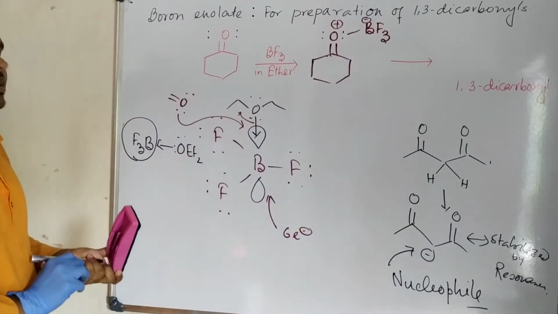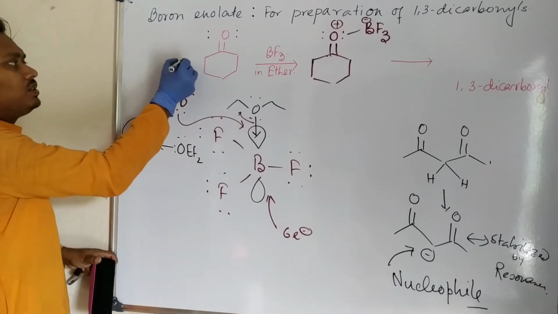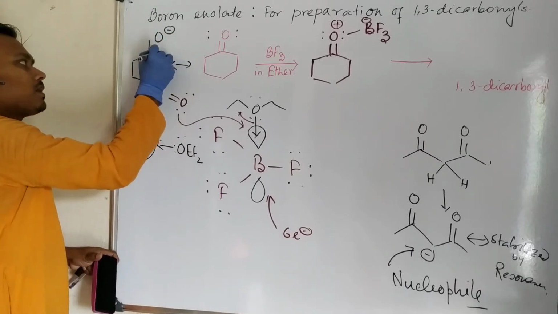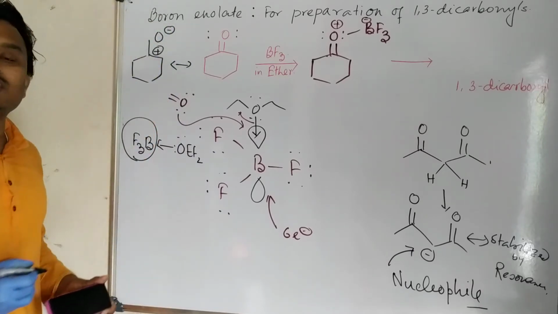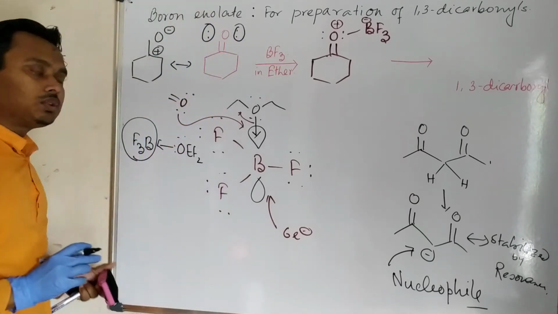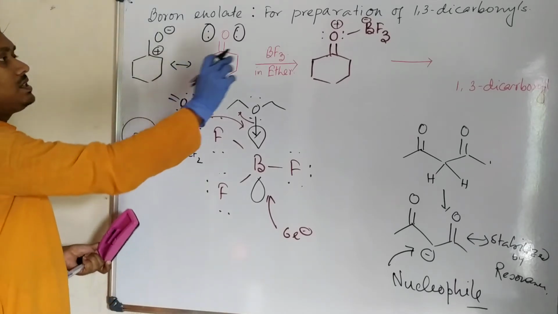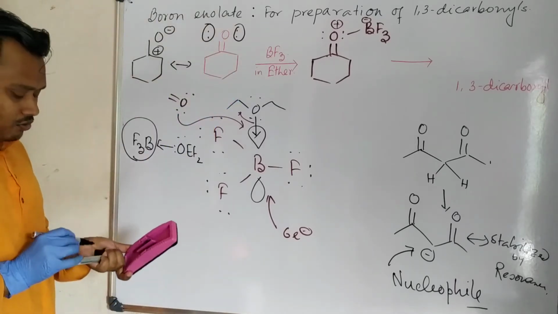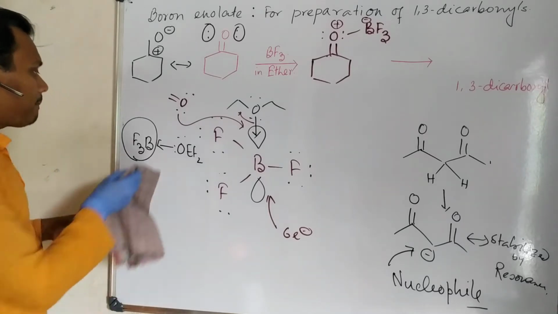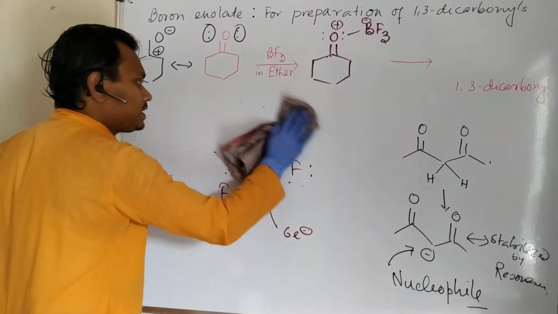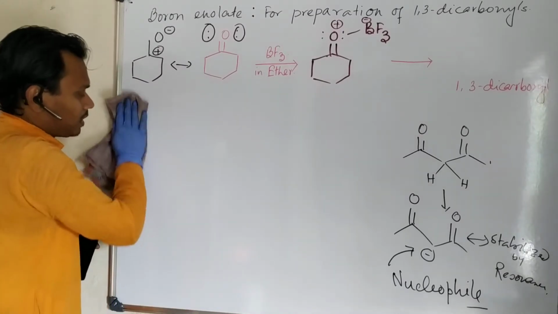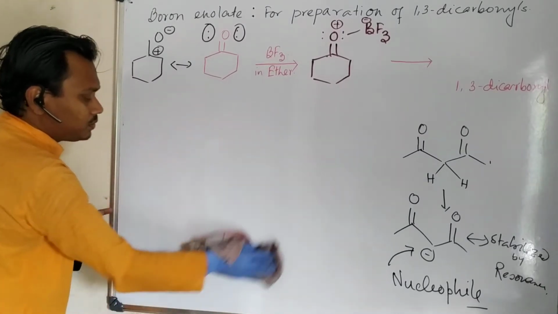Now the question is why. You know the carbonyl has a canonical form, that is, this minus and this plus, and this indicates that oxygen is electron rich. Additionally, it has a lone pair. So both conditions support that this could form an adduct with BF3. Now the question: what is the benefit of this adduct formation? See what actually happened. Actually BF3 is shifted from the ether to the carbonyl. So this is the thing we have achieved.